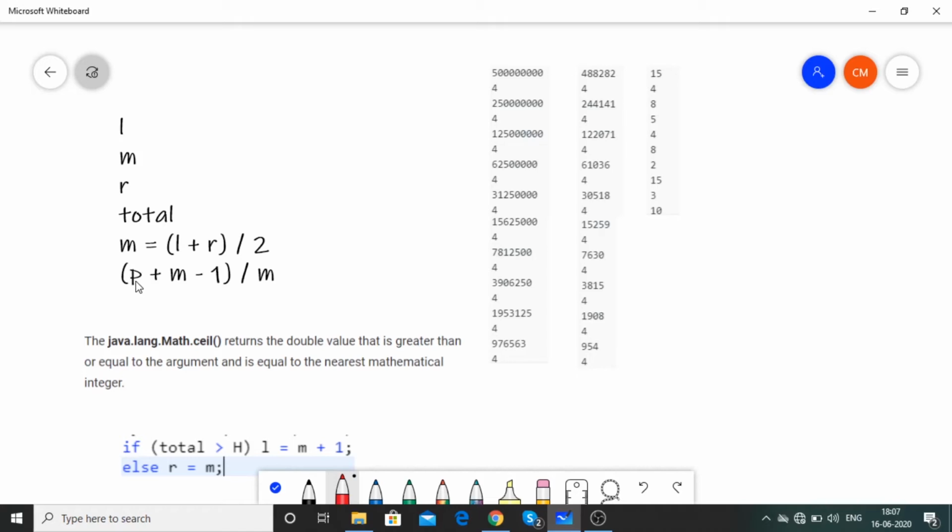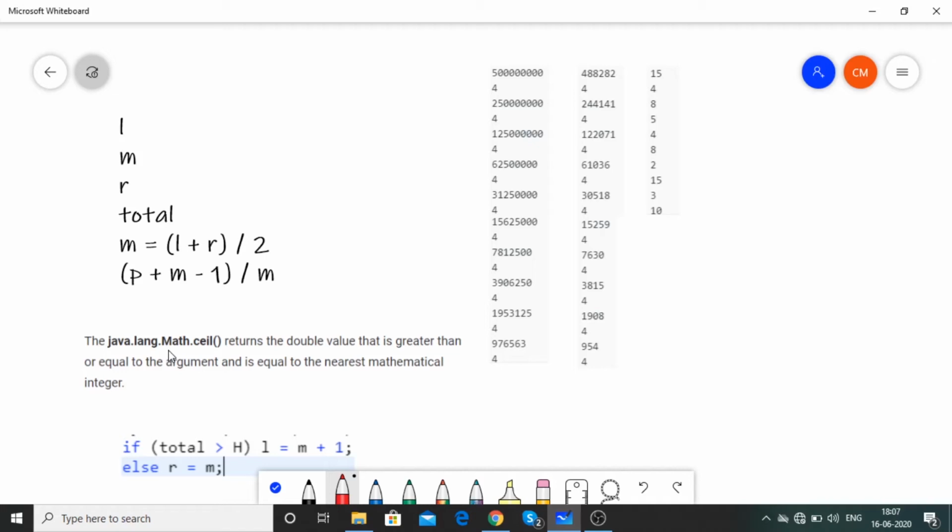If you don't know about the Math.ceil function, then Math.ceil returns the double value that is greater than or equal to the argument and is equal to the nearest mathematical integer. It is some sort of rounding off. So for that purpose I could have also used the Math.ceil function, but here I am using (p plus m minus 1) divided by m. Both of them work nearly the same.